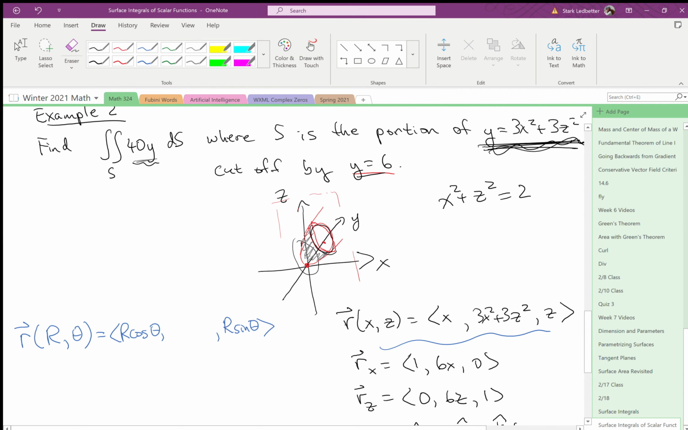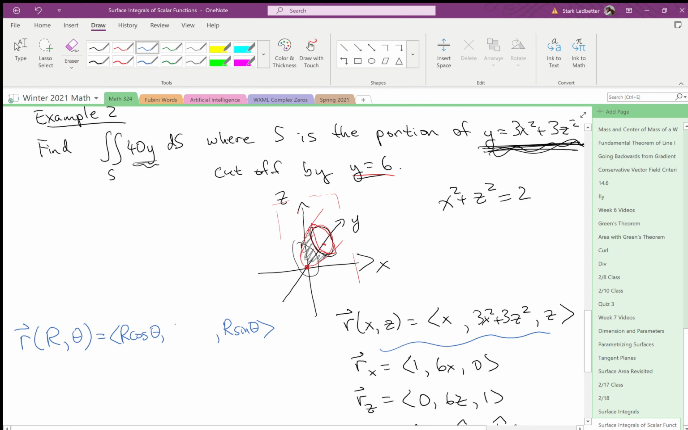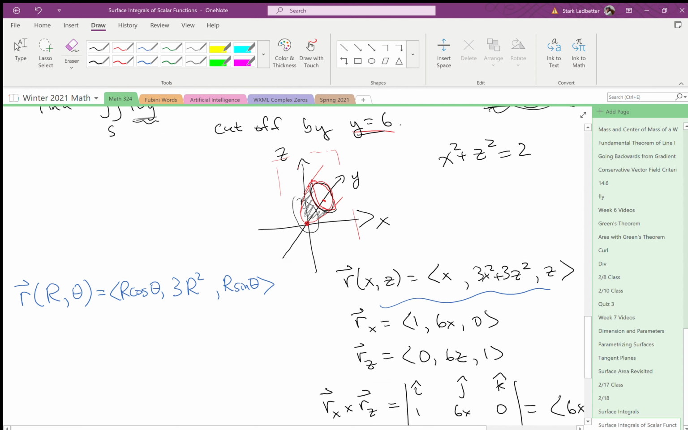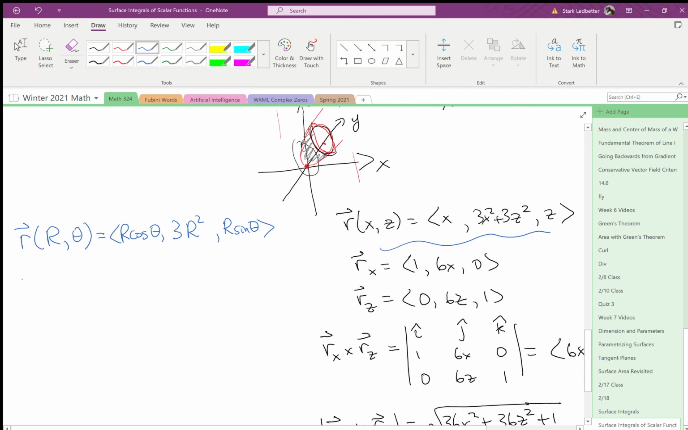And then my y is 3 times x squared plus y squared, so it's going to be 3r squared. That's a different parameterization of this. And now maybe if I work this way, my life will be easier. Okay, so taking partial derivatives again, this is cosine theta, comma 6r, comma sine theta, and then take the partial derivative with respect to theta, that's negative r sine theta, comma 0, comma r cosine theta, and then I need to